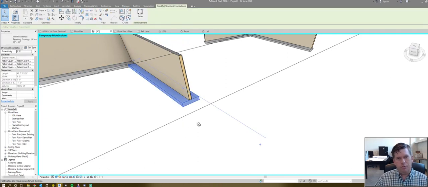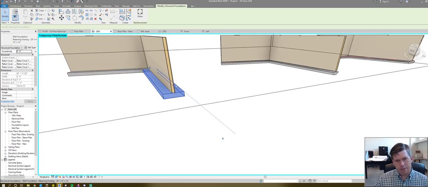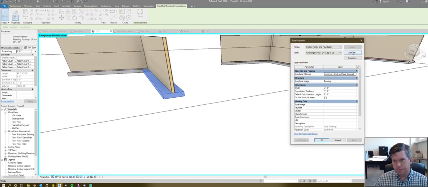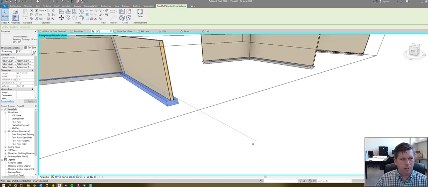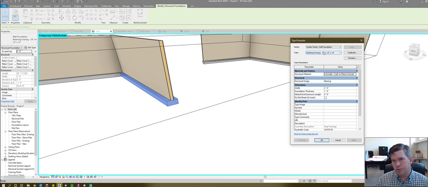So what you're going to need to keep in mind here is that you want to set your footing. Let's say that this total thickness is a foot. Okay, we don't need it to be 4 foot wide. Let's just make it 2 foot wide. Okay, there we go. And by the way, if you do that, be sure that you manipulate the